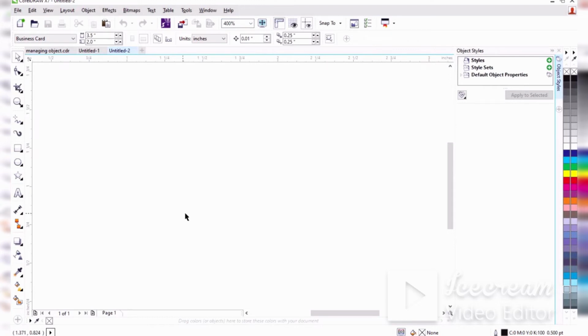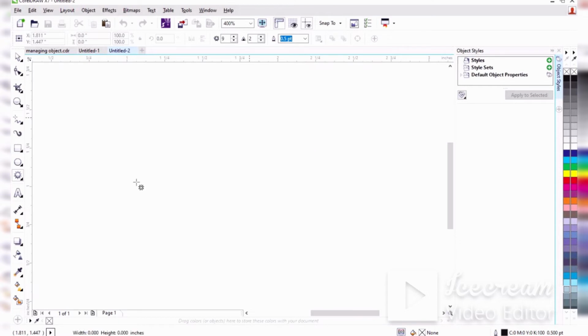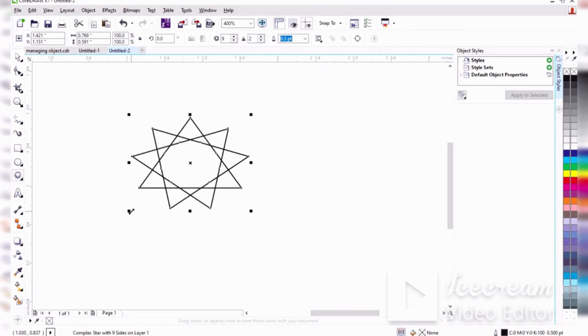And then choose a complex star from this toolbar, complex star. Draw this complex star. Next, I'll just select this tool